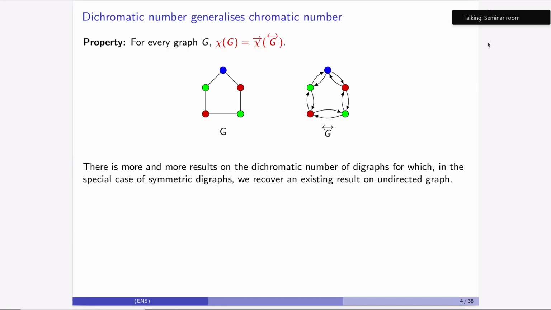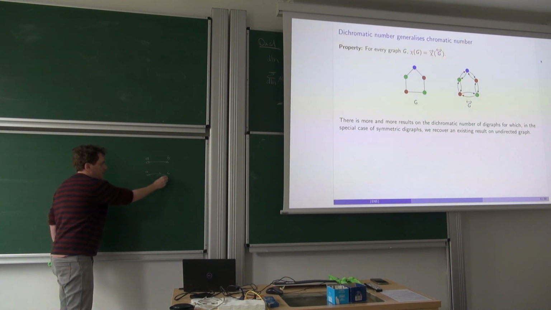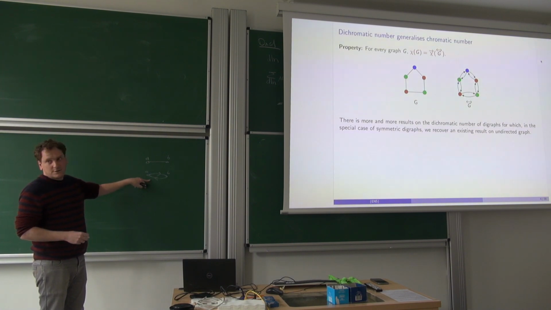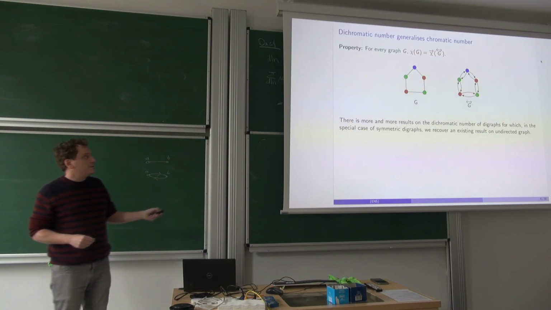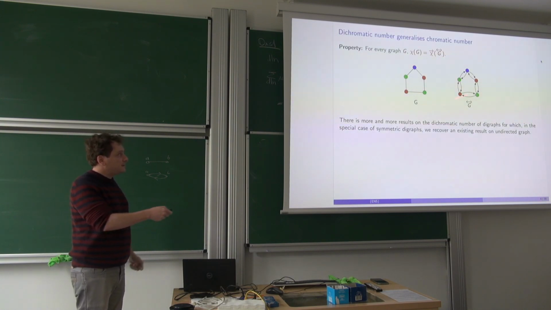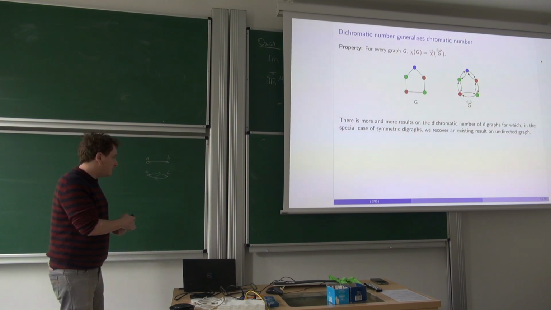So in a graph, A is adjacent to B and B is adjacent to A. In a digraph, it might be that A sees B, but B does not see A. So the representative of a graph in the directed world is that you replace each edge by a digon like this. We call it the symmetric graph because it's symmetric. And it's easy to see that since those are cycles of length 2, the chromatic number of this is exactly the dichromatic number of this. So every time you have